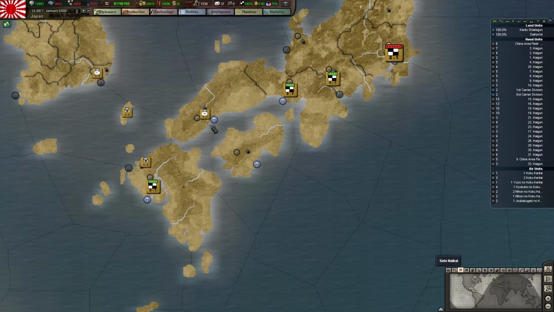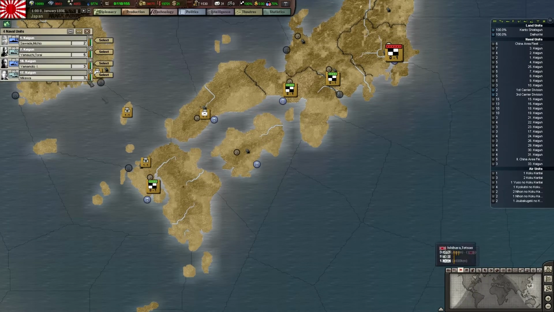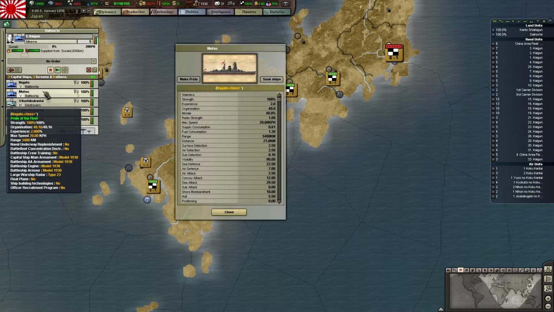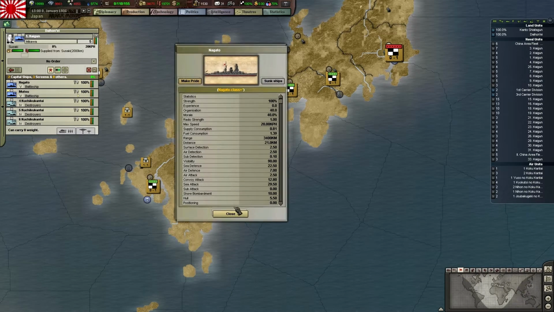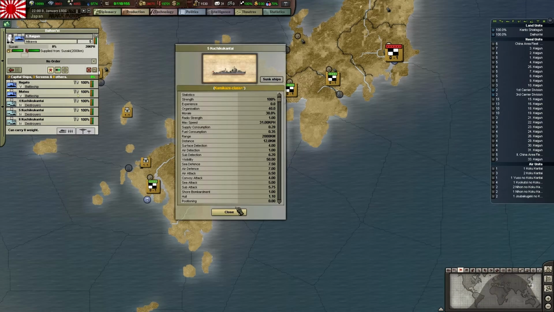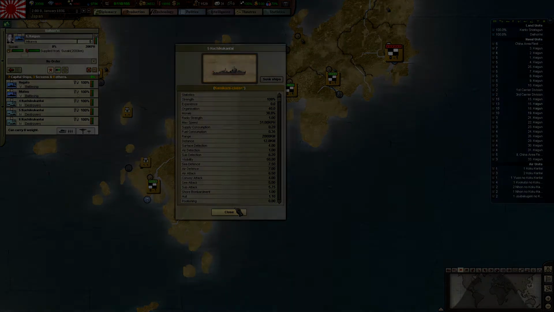Now we were doing the navy thing. All right, let's get to the armies. Okay, just combine my battleships with destroyers. Even though my destroyers are way faster, give us speed bonus to